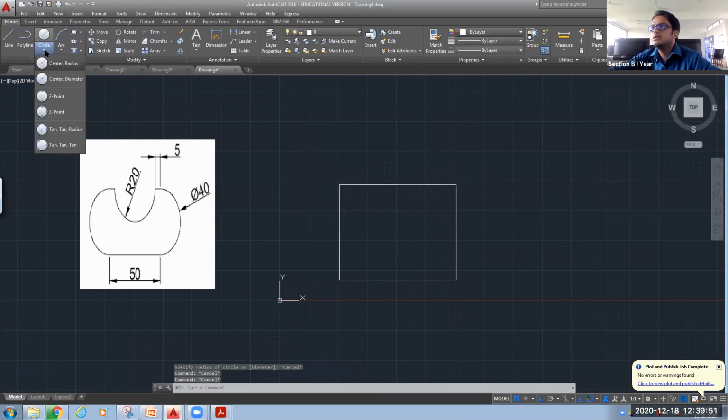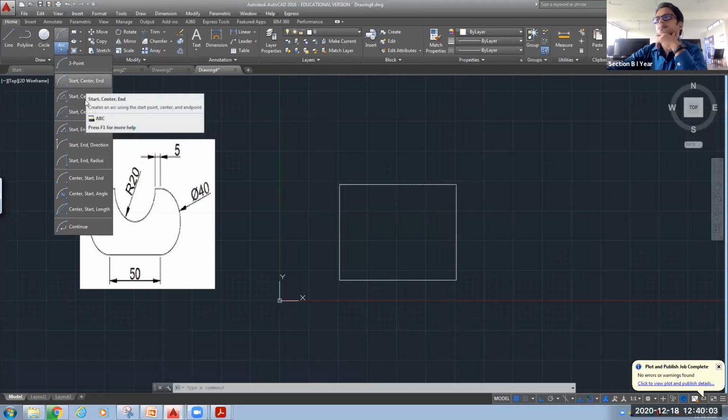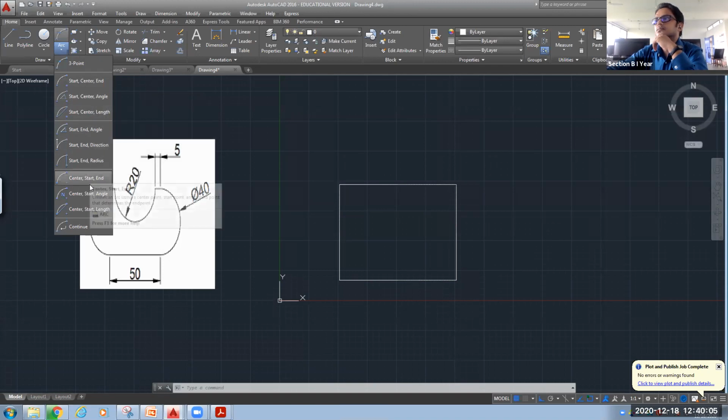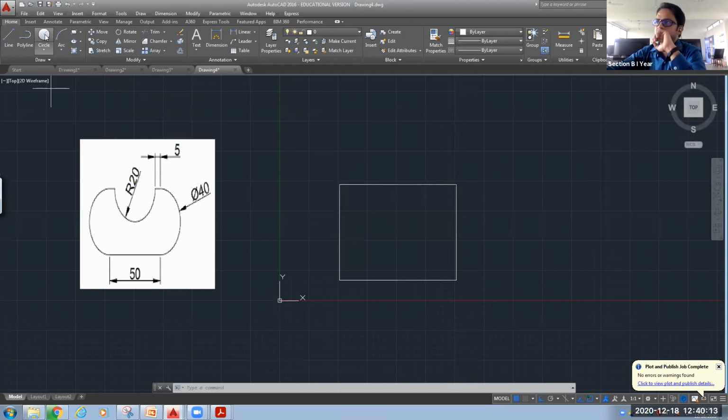Suppose there is another method also here. I want to draw an arc. Okay. Where the center point is known and radius is known. Is there any option like that? Start and radius. No, we don't have that option where we know the center and radius. So let's go with circle and we will trim it.